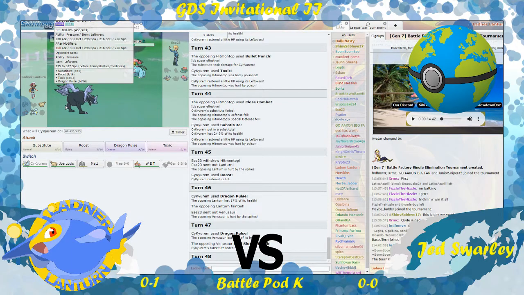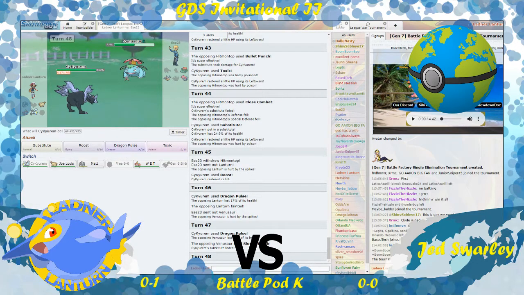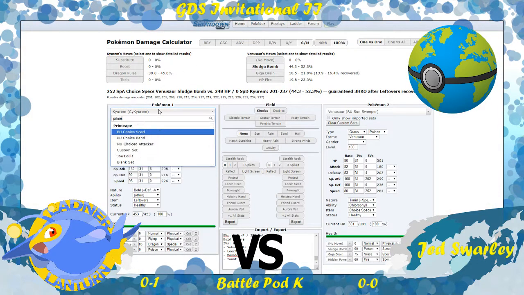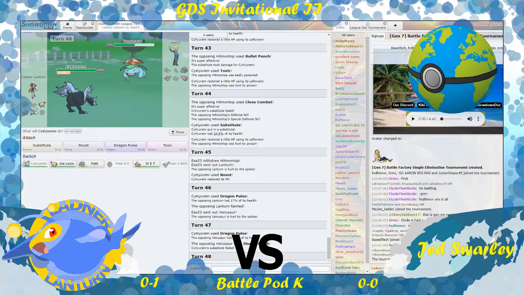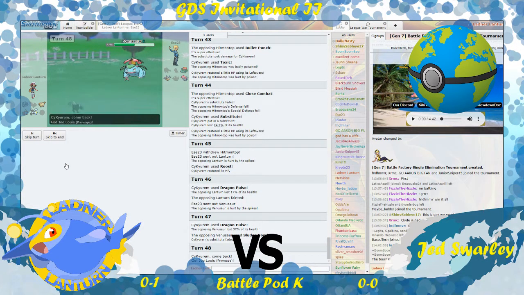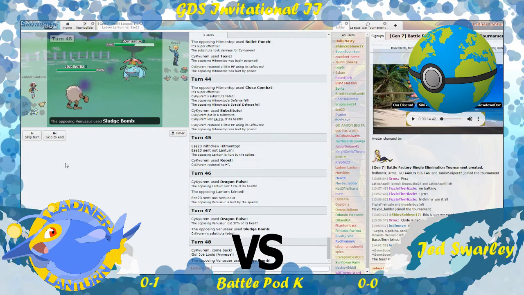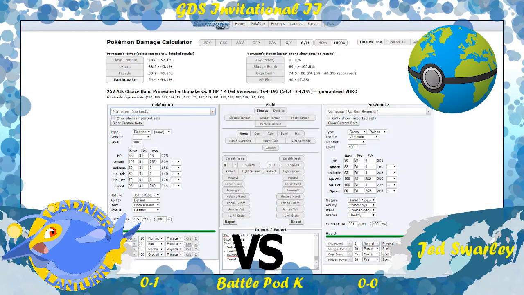Kyurem is very useful for the Mesprit still. Primeape, on the other hand, is not that useful. Am I dying with Primeape? Switching it in? Yeah, I am. Is that the worst thing in the world? Not really. He's Scarf Mesprit anyways. Oh, I'm not. No poison? Nice, nice, nice, nice. Okay,